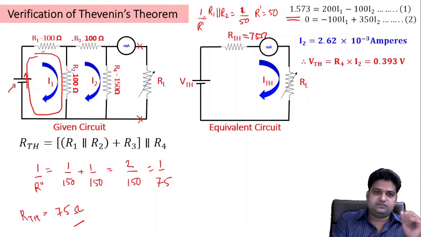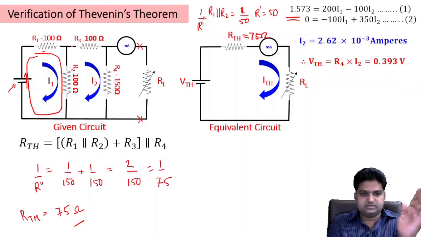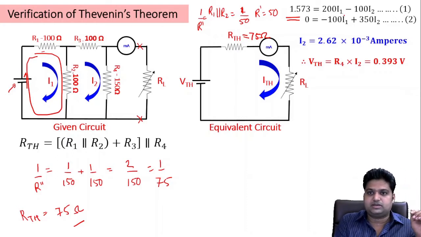Okay, if I ignore the remaining part of the circuit and only take this circuit into consideration, the 100 plus 100 is in series, so I get 200 I1. Okay, there will be a voltage drop. This is 200 I1, correct? V is equal to IR. So IR, this is the voltage that we have. So this is voltage